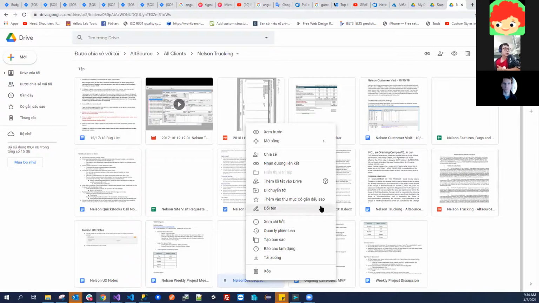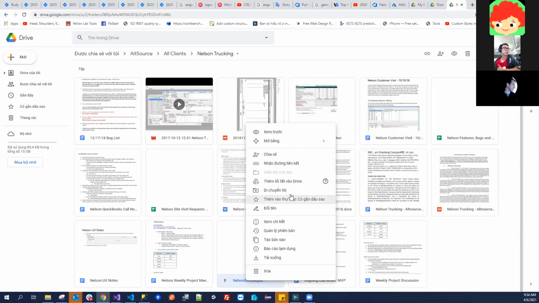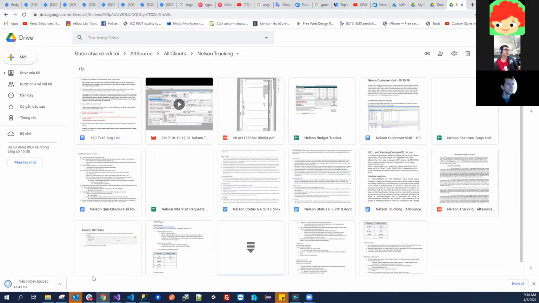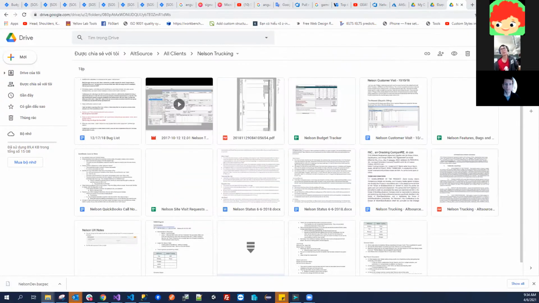What version is your SQL Server? Version 18, right? Yeah, I think it's 18. It should be the same version if we want to open it. Okay. Let the team try to use this backup file. Great. If we cannot, we will message you.